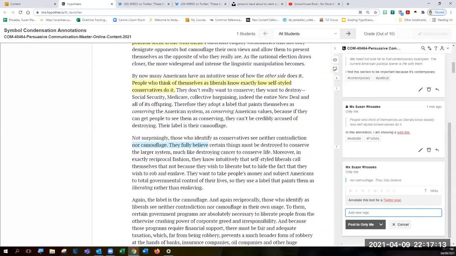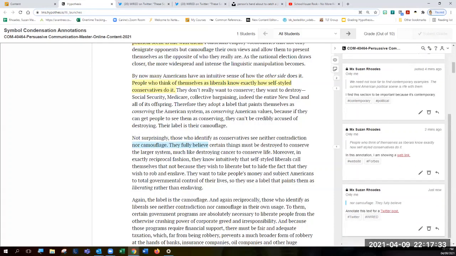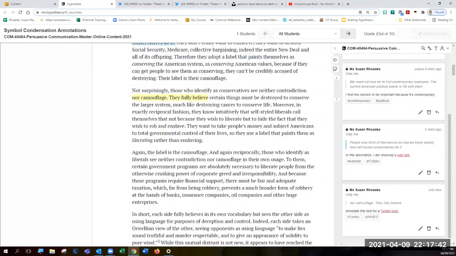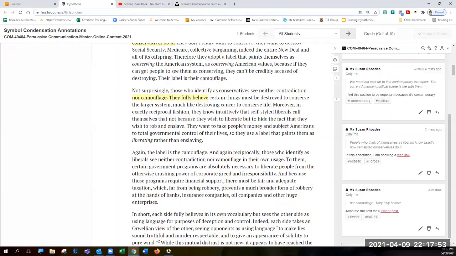And then throw in your tags. Twitter, Wired, anything else you feel is appropriate. And I'm going to post it to myself for now. All right, so we have an annotation of my own thoughts. We have an annotation with a web link to an article. We have an annotation with a web link to social media. Next, we're going to do, oh, a little bit of a sneak peek there. Next, we're going to do